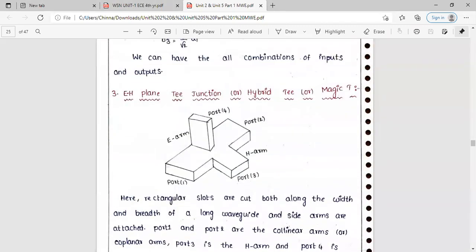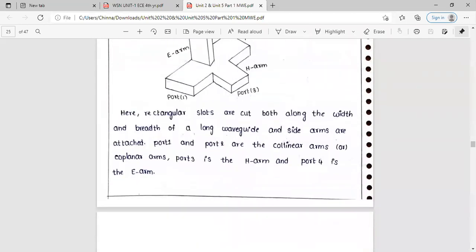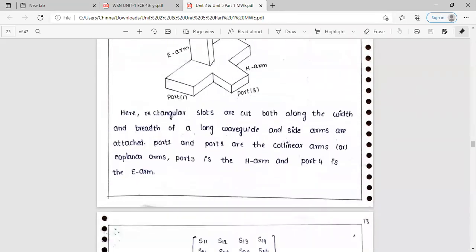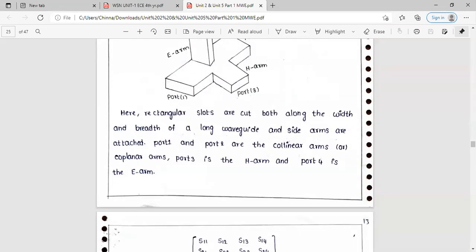Okay, yesterday in class we discussed the microwave junctions, E plane, H plane and the magic tee. For the magic tee we discussed how to obtain the scattering parameters, and we also calculated what is meant by a 3 dB splitter for the E plane and H plane. As you can see in the magic tee we discussed yesterday, both the E plane and H plane arms are added to the main waveguide.